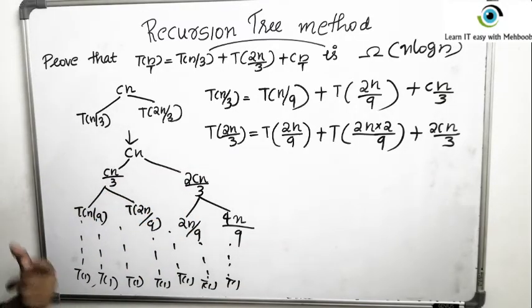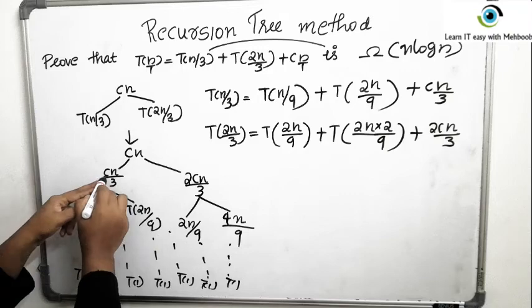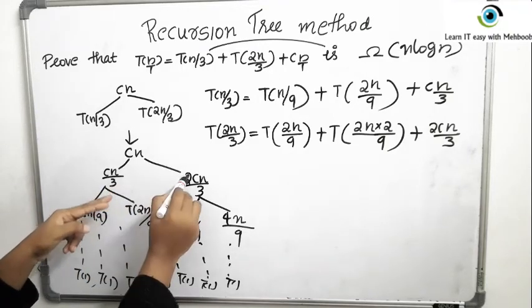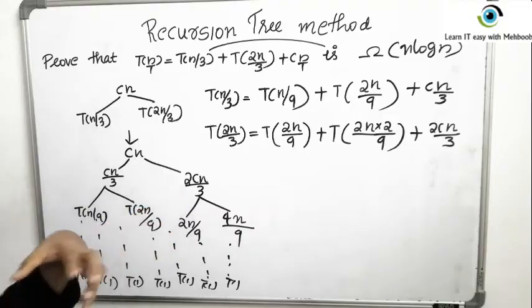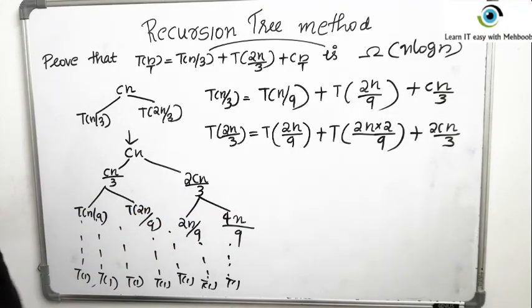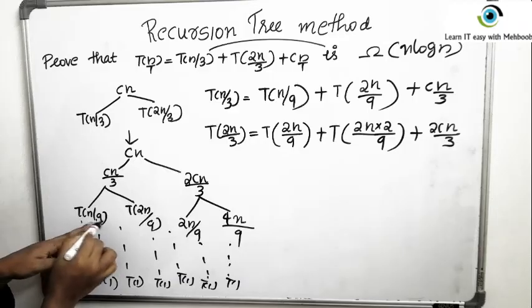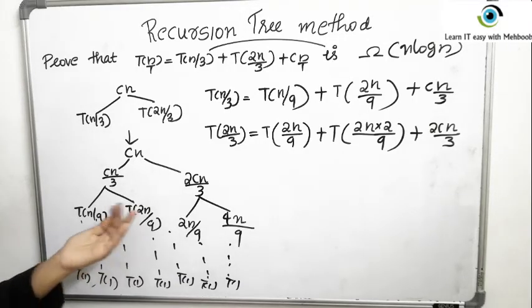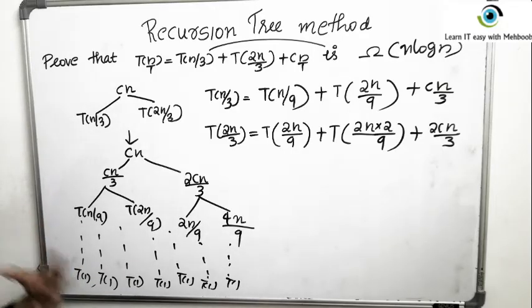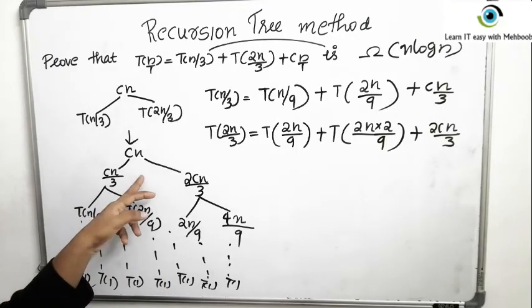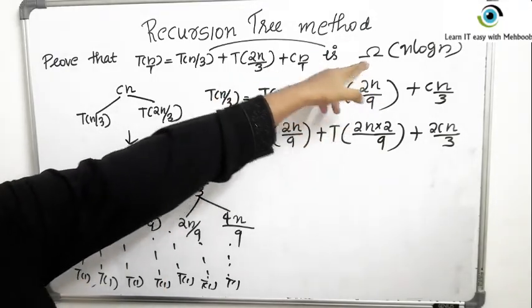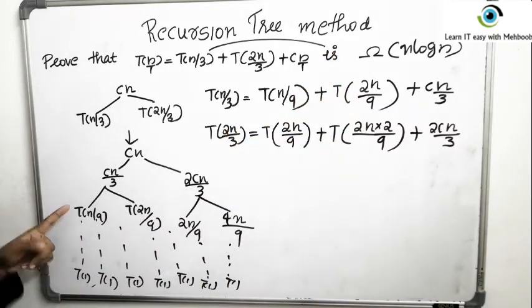So hope you can conclude that this leftmost branch will converge faster. Are you getting me? Because the denominator is same here but this is the higher numerator. So the one with higher numerator will converge to one very slowly, isn't it? If we are taking the intermediate branch, when it is n by 9, it is 2n by 9 here. So the leftmost branch will converge to 1 faster because the denominator is high and numerator is small.